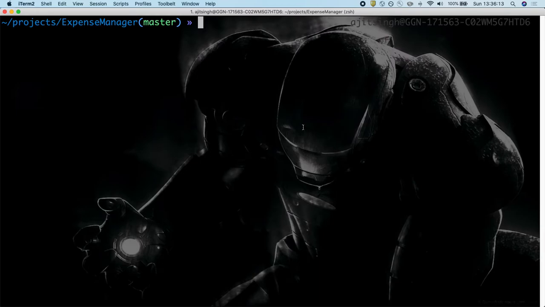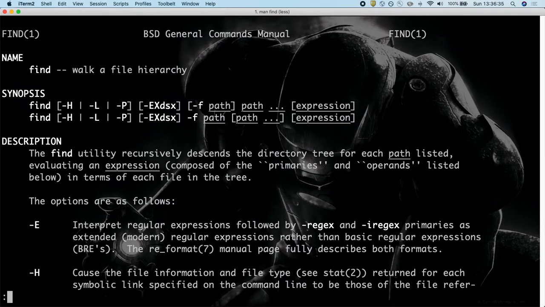Today we will discuss the find command. Find command is very useful when you are looking for a file or a directory and you have a search criteria in mind. The find command supports a lot of arguments which can be used for your criteria. If you know how to use this command, it can take your productivity to the next level. So let's dive in and start with some basics.